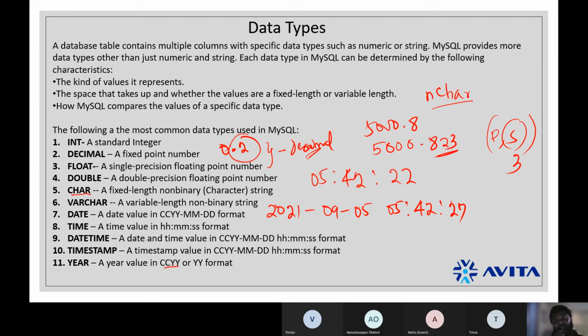CHAR in MySQL is a fixed length character that says the length of character in this column must not be more than 1, right? So you have male, female, male, female. So you cannot have variable length. It has to be a fixed length. Every data in that column must have a fixed length. So the n there is the number of lengths that it can be. It can be 2, it can be 3, but all the content inside of that column would have the same length. I hope you understand.